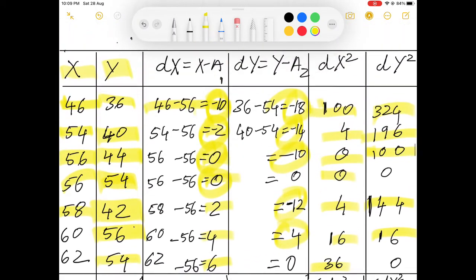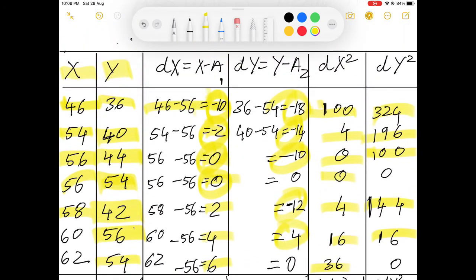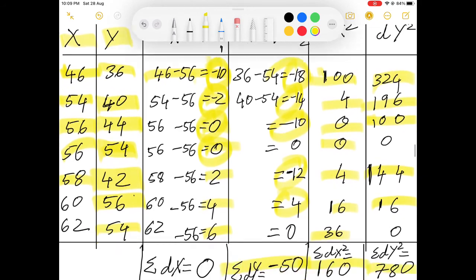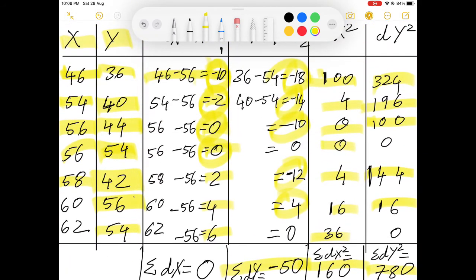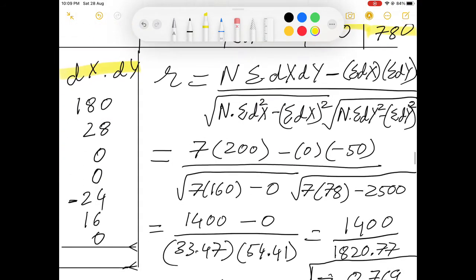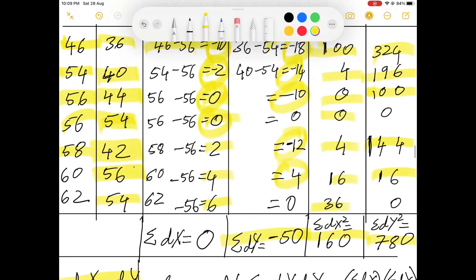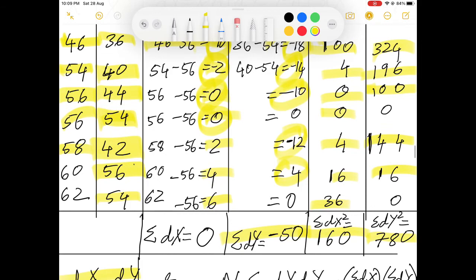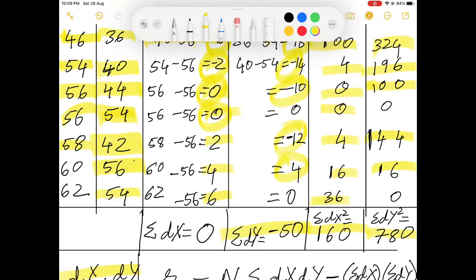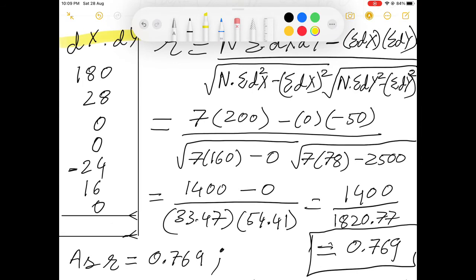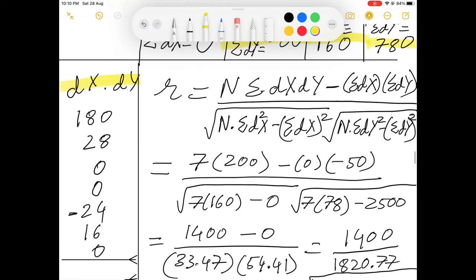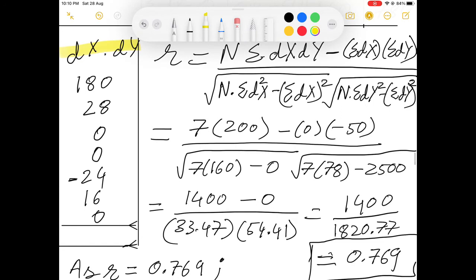Before that, we have to calculate sigma dx into dy. So dx was minus 10 into minus 18 gives me 180, minus 2 into 14 gives me 28, 0 into minus 10 is 0, 0 into 0 is 0, 2 into minus 12 is 24, 4 into 4 is 16. So that is how we get the dx dy values, and the summation of these values should be giving me